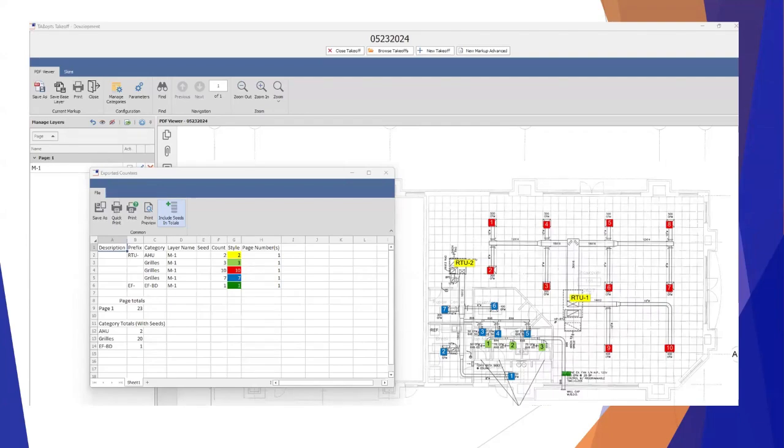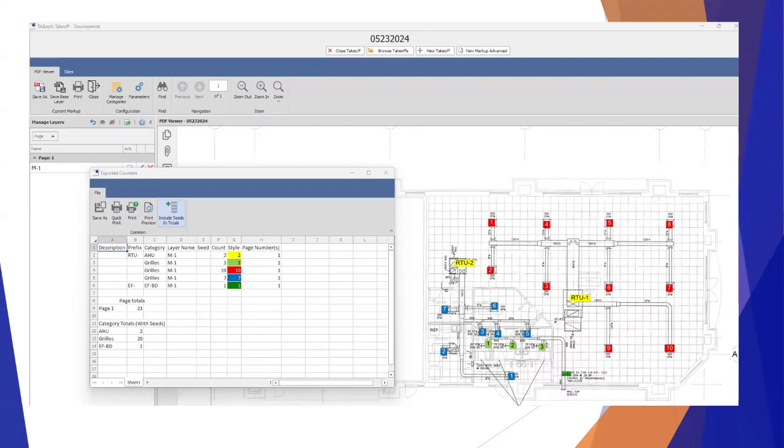Once we've gone through the mechanical print and we've marked all the items that we're counting, the system should give us totals for the items that are displayed. In this example here, this is a single mechanical PDF for this project. It doesn't matter if it's 1 page or 50 pages. The software should be able to assimilate that information and keep it